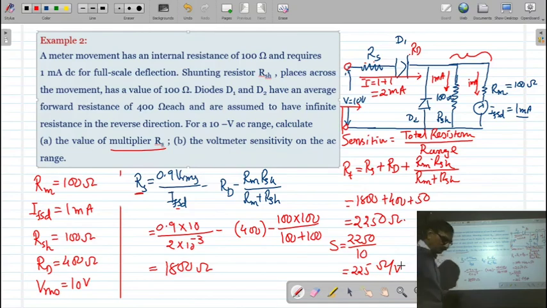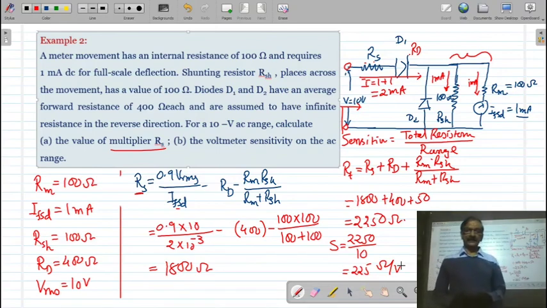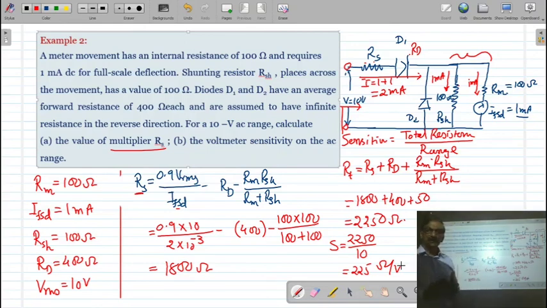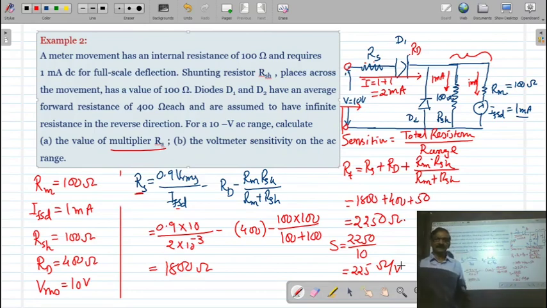Okay. So in the next lecture, we will continue with the AC voltmeter. Here in this case, we have seen that when we are converting a DC voltmeter into an AC voltmeter, the multiplier resistance has to be changed. Then another method for the measurement is there. If I want to keep the multiplier resistance as it is for AC and DC, then what can we do? We can change the scale. Means there will be a separate scale for the AC voltage and a separate scale for the DC. But how to calibrate the scale, that we will discuss in the next lecture.